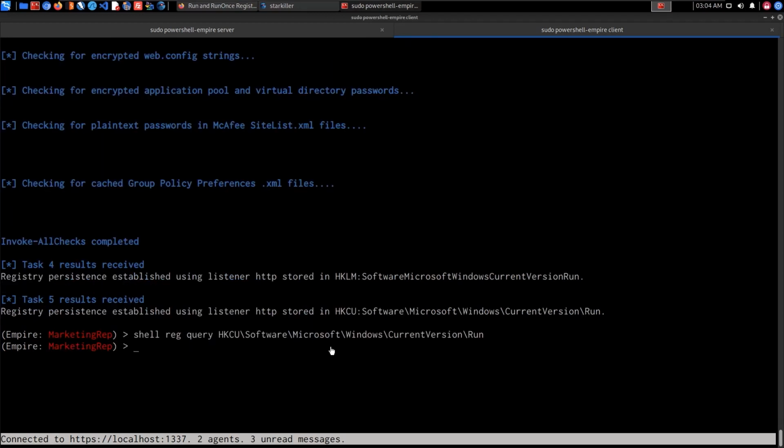All right, so I ran the persistence module with the options that I specified for the local machine, but it looked like that didn't work. So I ran the same module under HK current user, software Microsoft Windows current version run, and I've just run a registry query for the same run key just to see whether that particular